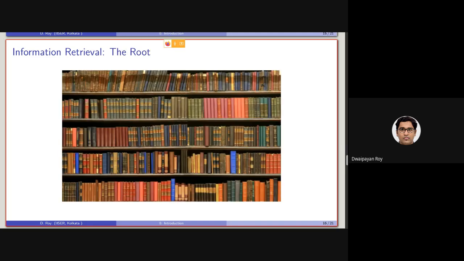So information retrieval is rooted long back from a domain of study called library science. So in library science, given some keywords, the librarian needs to find certain books addressing those kinds of information need. So rooting back at library science, information retrieval has evolved to a drastic new scenario that we will be discussing in this course.